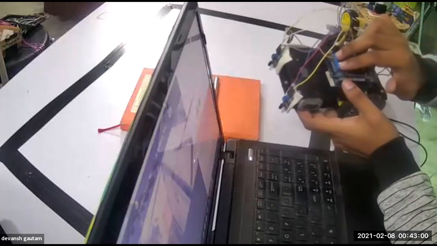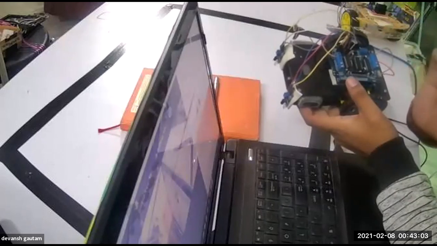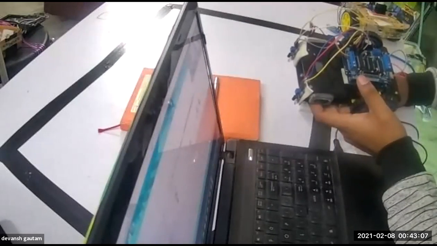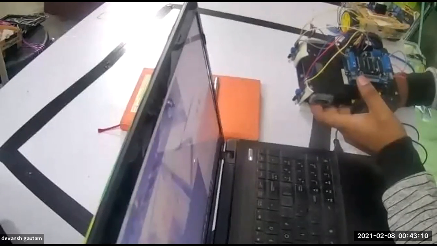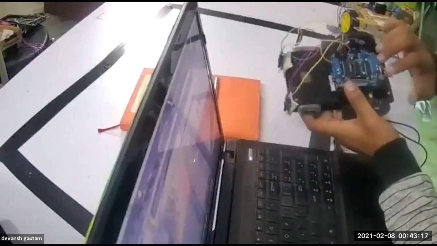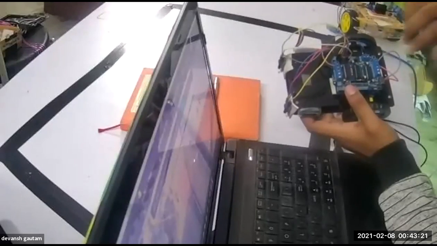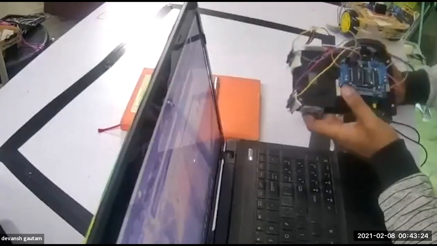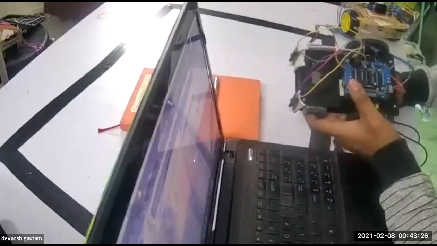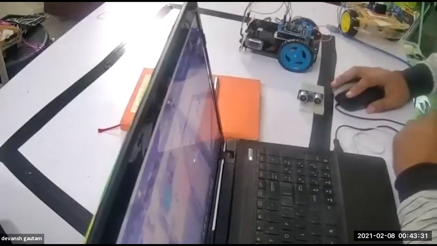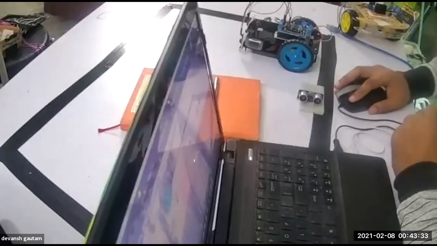There are four ports in total here. Each section in this motor driver controls a motor, and there are four sections in total, so we need to define which section we are using. In this code, what I am doing is, let's start sharing this.